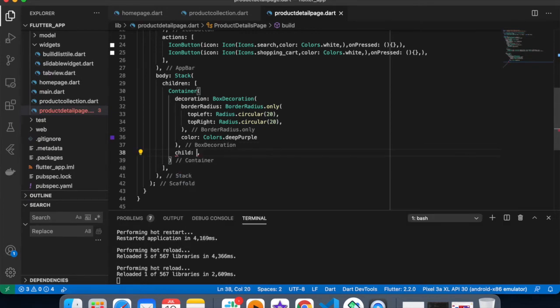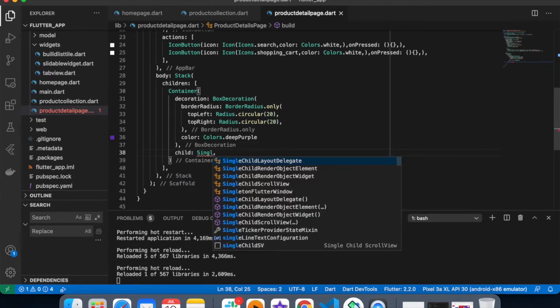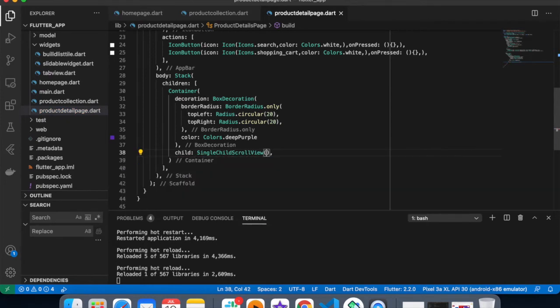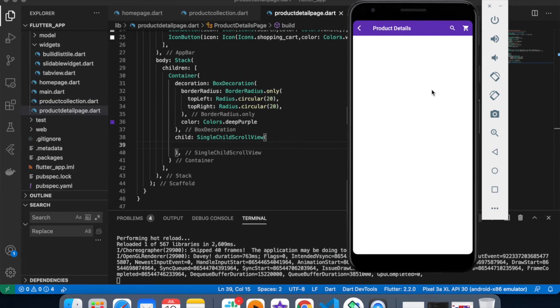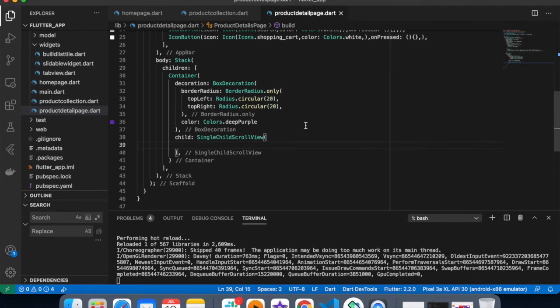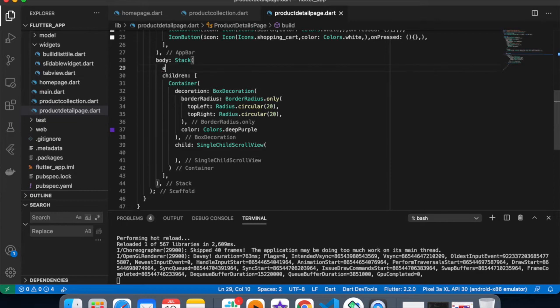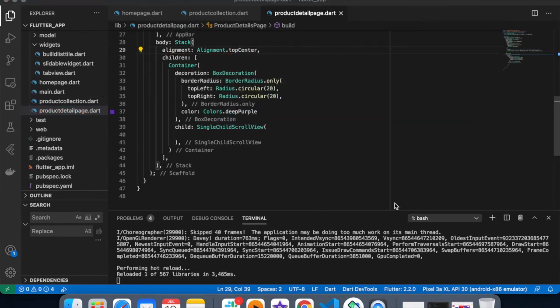and I want this to be scrollable. So I'm just wrapping the part inside the container as a scrollable. What I'm doing is creating one container inside this body part, and inside the container I'm going to wrap everything, and I want that to be scrollable. Let me make it center. Alignment equals to top center.